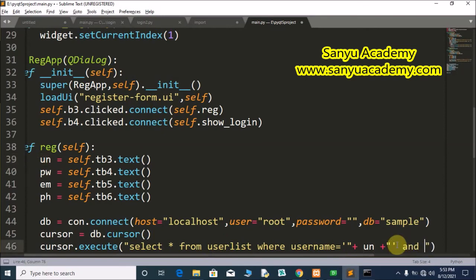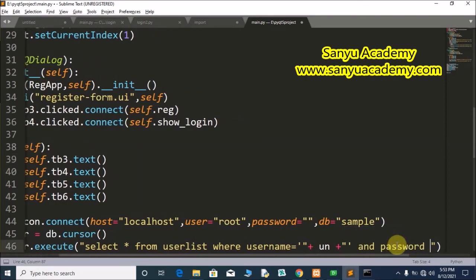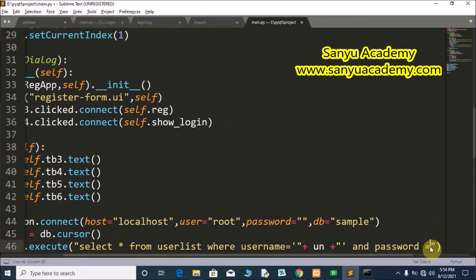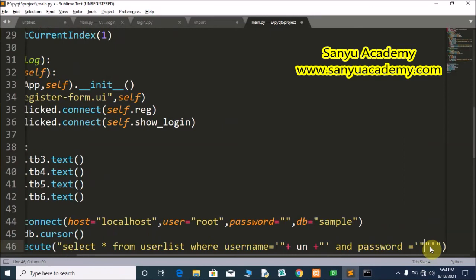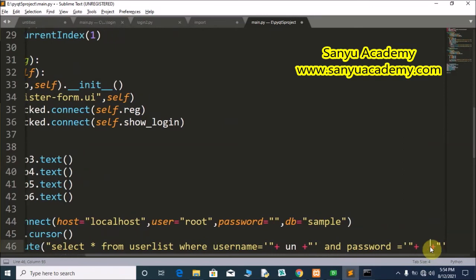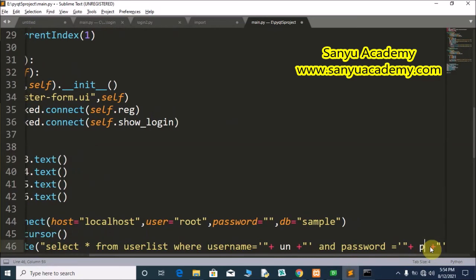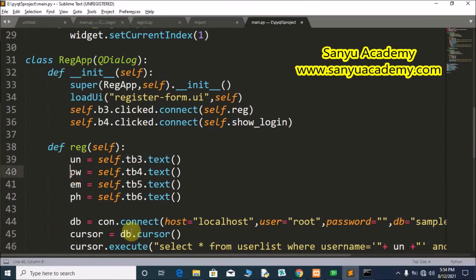And password, this is a field name we have in our database. Is equal to 2 single quotes, inside 2 double quotes, inside 2 plus, inside 2 space, in between pw. This is the variable we have collected the password. Now we have completed our query.